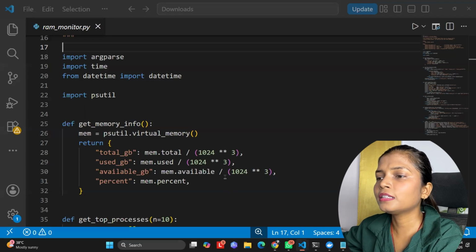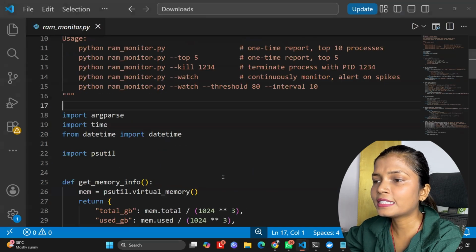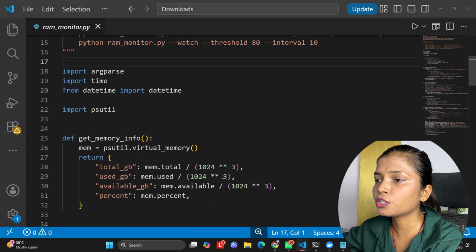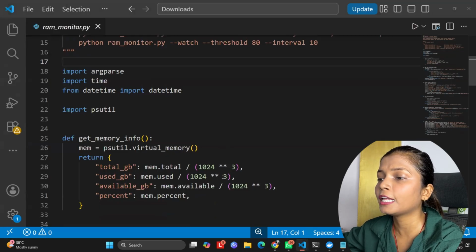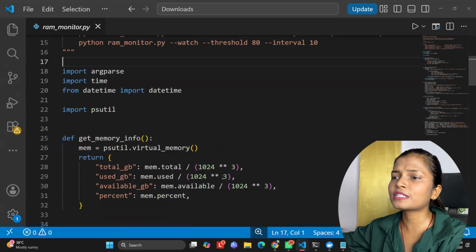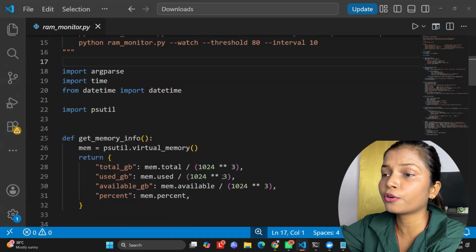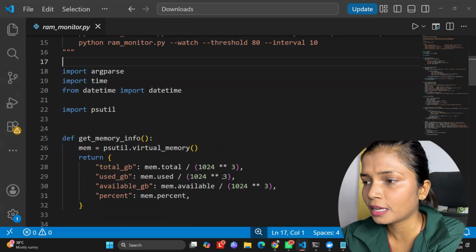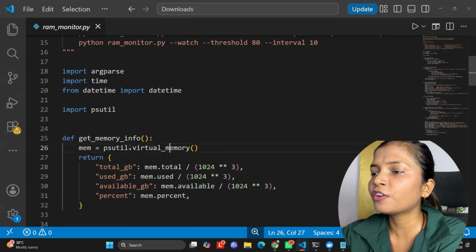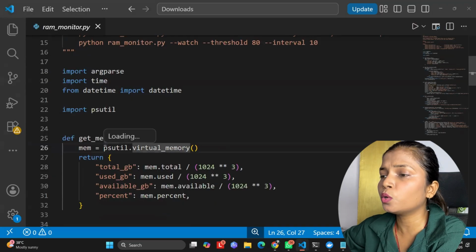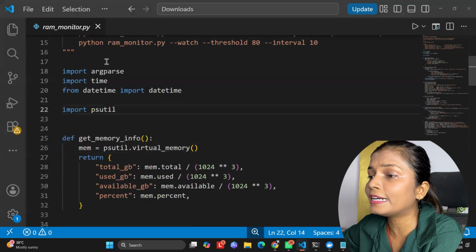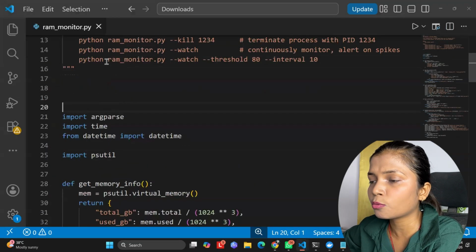So for creating this, you need one dependency, which is the psutil library. Psutil is a cross-platform library that helps you read and process system information. So the very first library that we need, which is very important for this project, is psutil. It is cross-platform, and it covers memory, CPU, disk, and even the network. It can automatically take this directly from the OS.